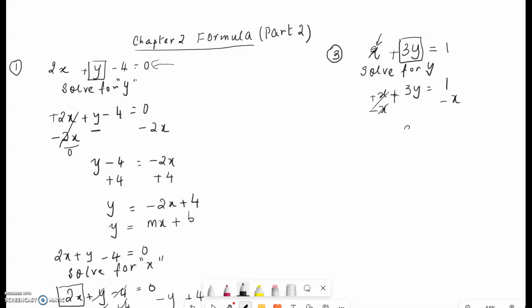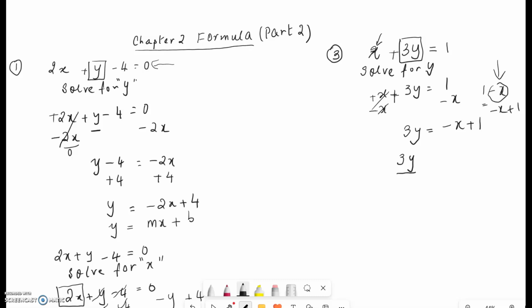Plus x minus x is a 0. 0 plus 3y is a 3y. And that's equal to, you can either write it as negative x plus 1, or you can also write it as 1 minus x. Both are exactly the same. Remember that if I have 1 minus x and I want to switch the spots, then remember that the negative goes with the x. And what I do is I add the 1. This is an important thing to remember, especially for the next few chapters that you're going to be introduced. So 3y